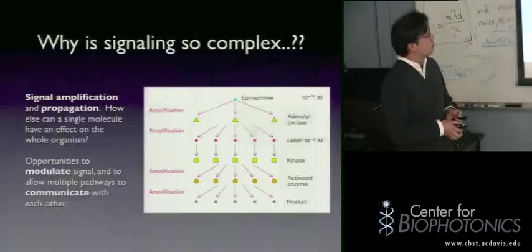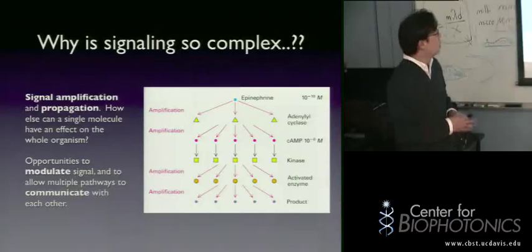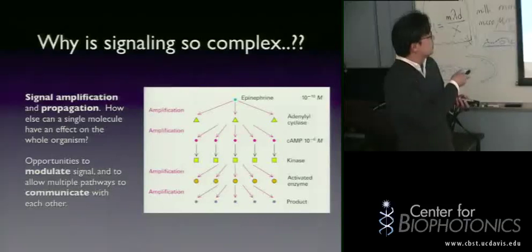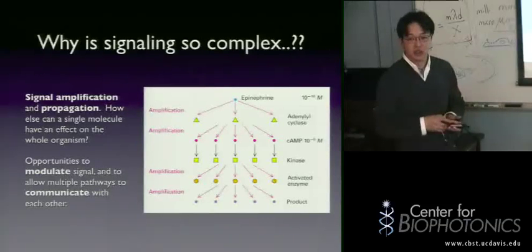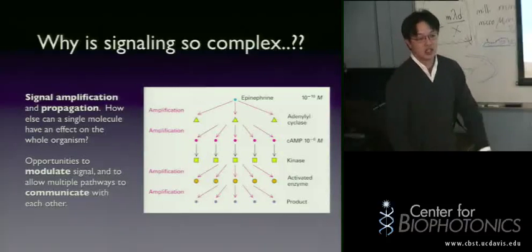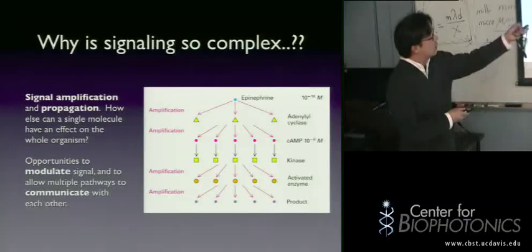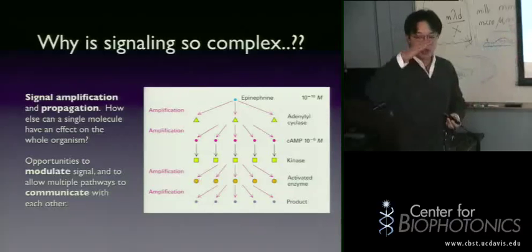You might ask why signaling is so complex in these things. Why is it necessary to have so many different molecules involved? There are 2 reasons. One of them is signal amplification and propagation. How do you get a single molecule of a hormone to cause an effect on a whole cell? The only way to do this is to have that small hormone get amplified through a chain